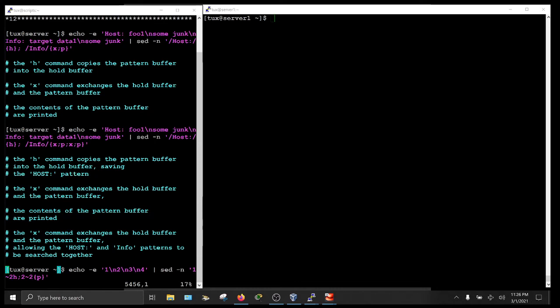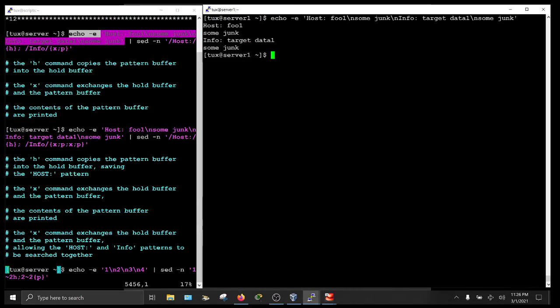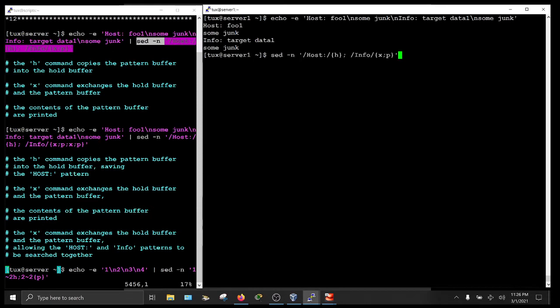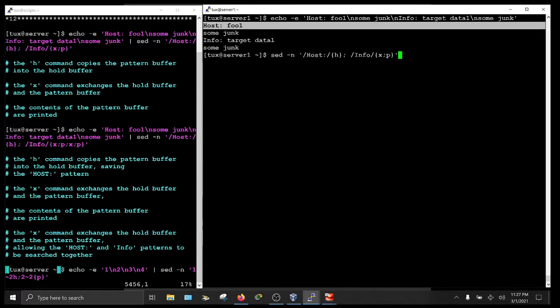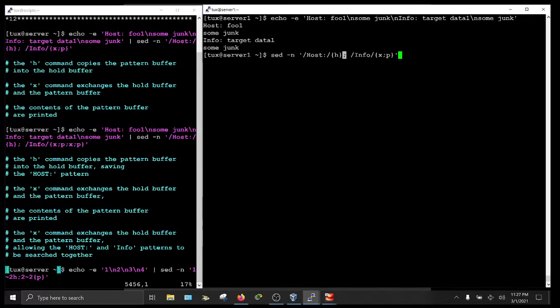Now I'm going to teach you how to use the H and the X commands. So here is my text, and here's my command. The H, the lowercase h command, will append just one line to the hold space, and this pattern will match this line. So this line will be appended to the hold space, and then the next command